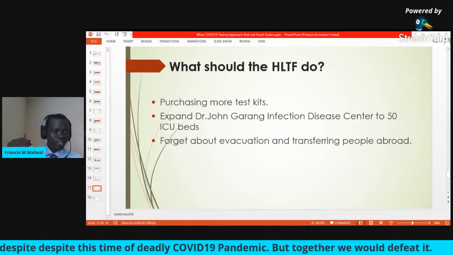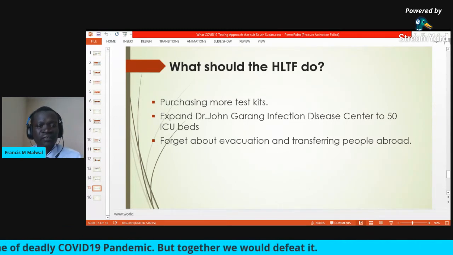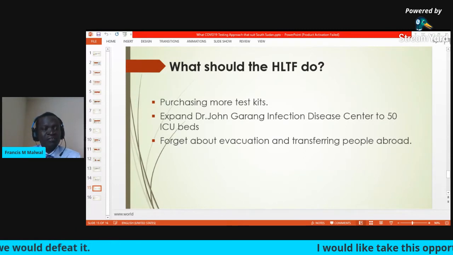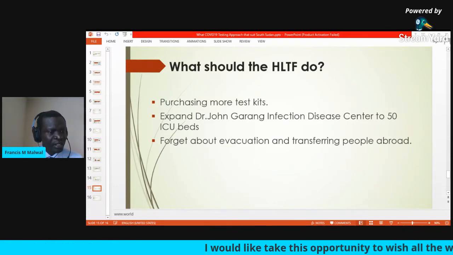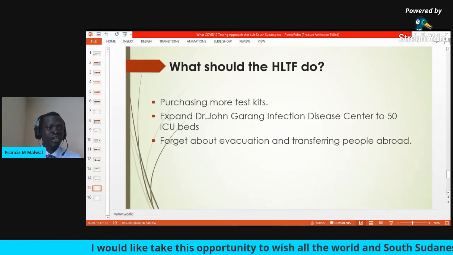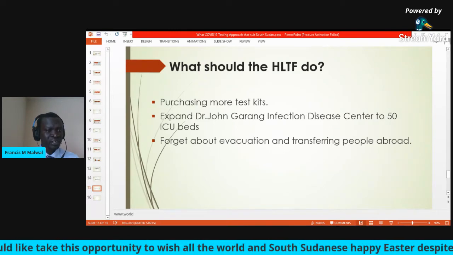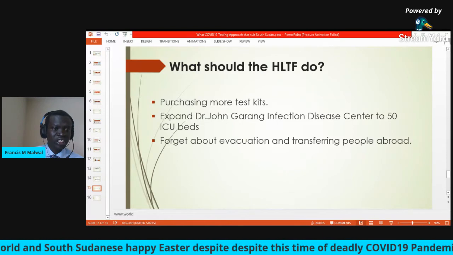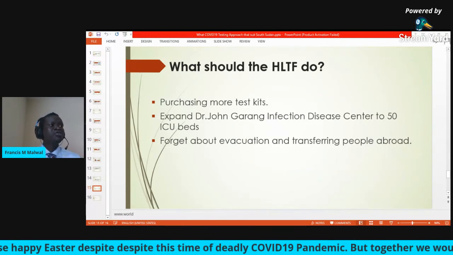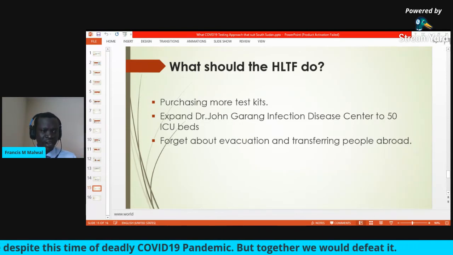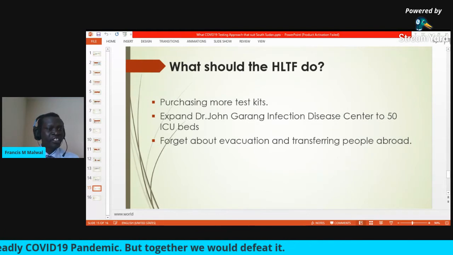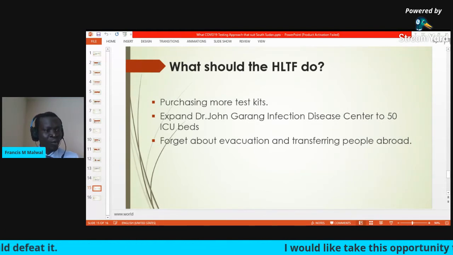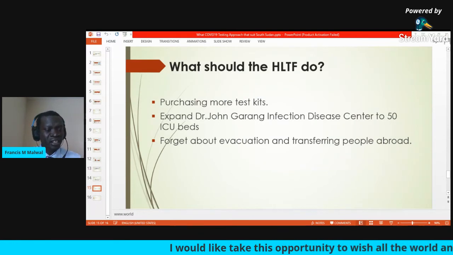They need to invest in Dr. John Garang Infectious Disease hospital. They've been talking about a 30-bed ICU, but we haven't seen it. Is it really an ICU? Does it have all the necessary medical equipment that our doctors need? Because they've been talking, I'm afraid it's just a shell. So they need to do aggressive auditing. They need to know what they have and what they don't have,